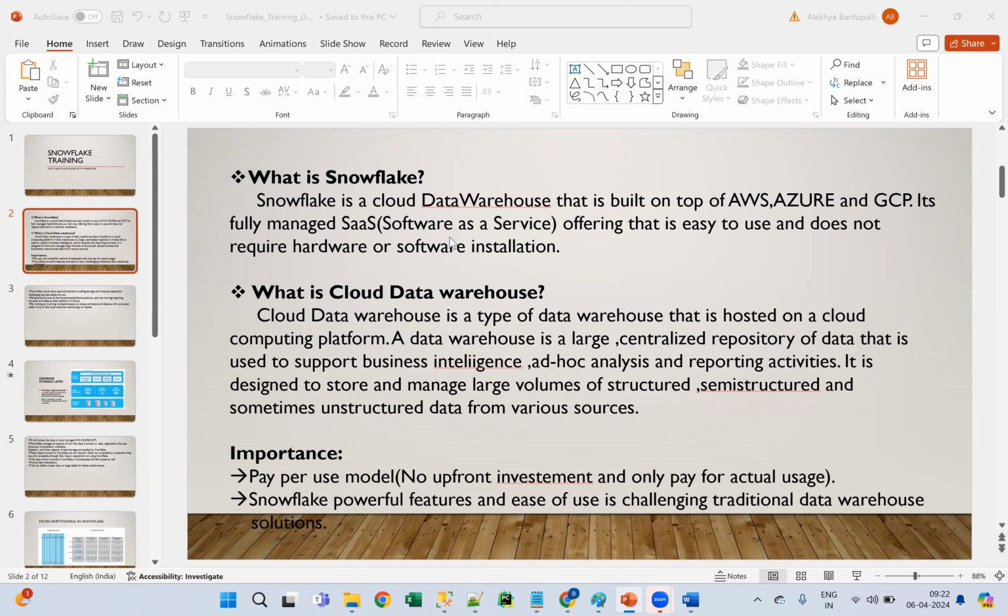For example, if I'm using traditional databases like MySQL or Oracle, maybe in my organization, on a monthly basis, we need to purchase basically. So this month, I'm expecting it will be useful for almost 100 GB, for example. So 100 GB of storage I need to use for this month. That's my assumption.